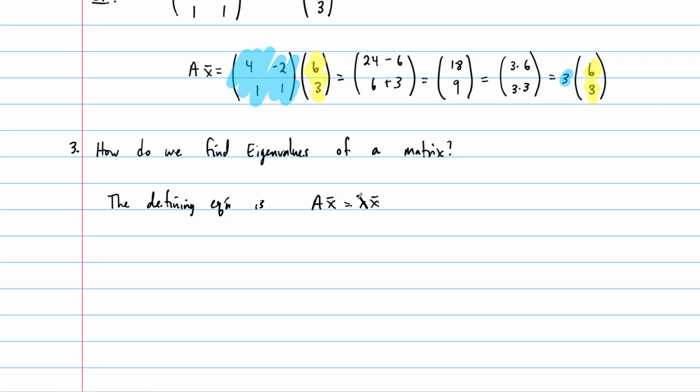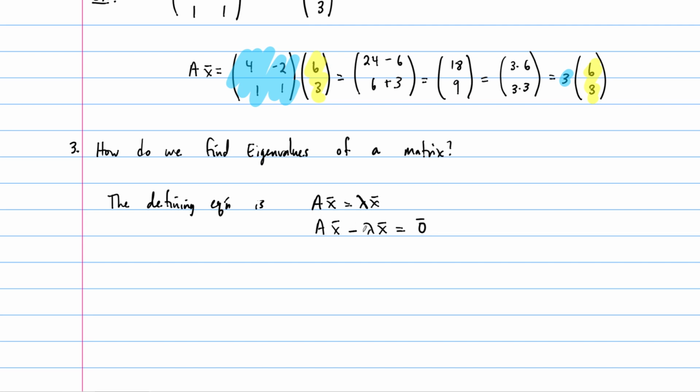And in this scenario, A times x and lambda times x are both vectors in Rn, right? And so we can subtract the lambda x from both sides. And we can write this as A times x minus lambda times x should equal 0 now, right? The 0 vector in this case. And then we can try to factor out this vector x. But before we can do that, we have to insert a matrix product here because we're not just factoring out the vector x,